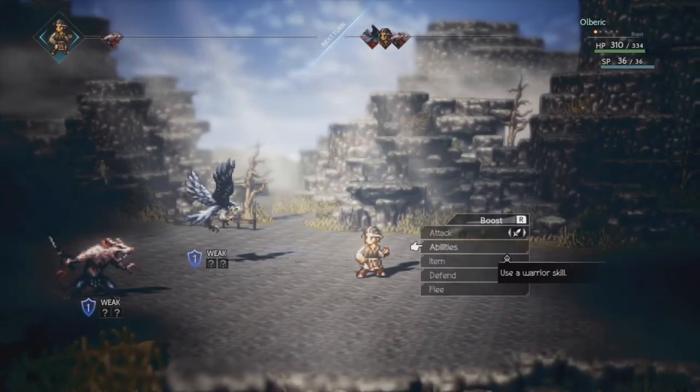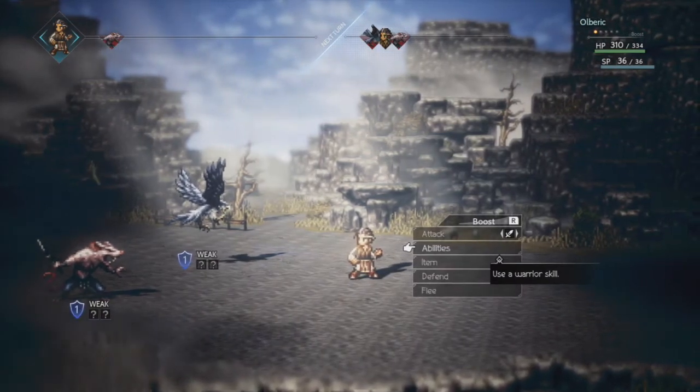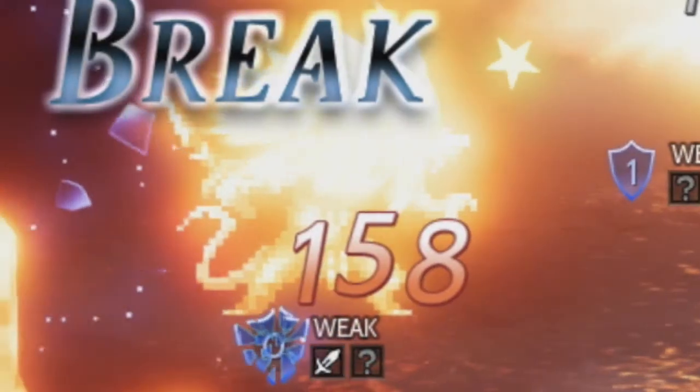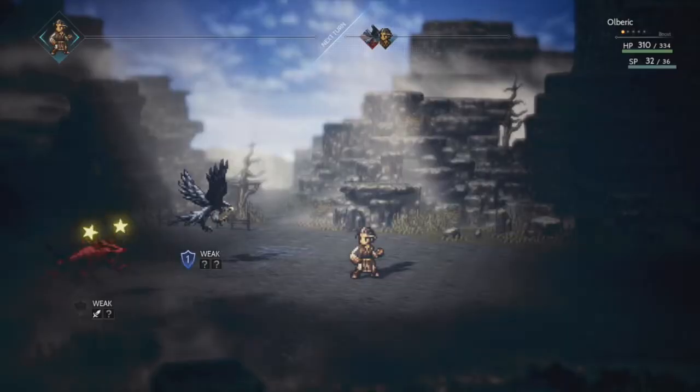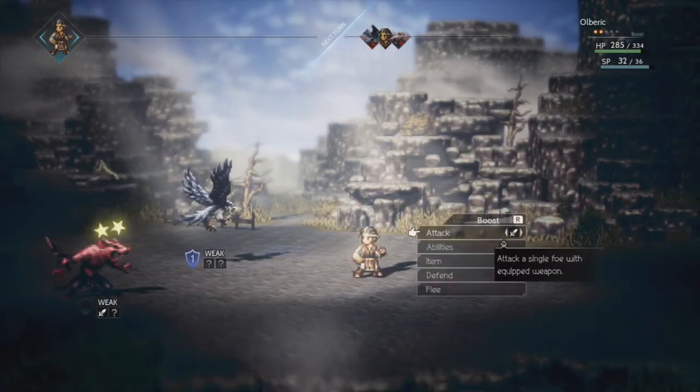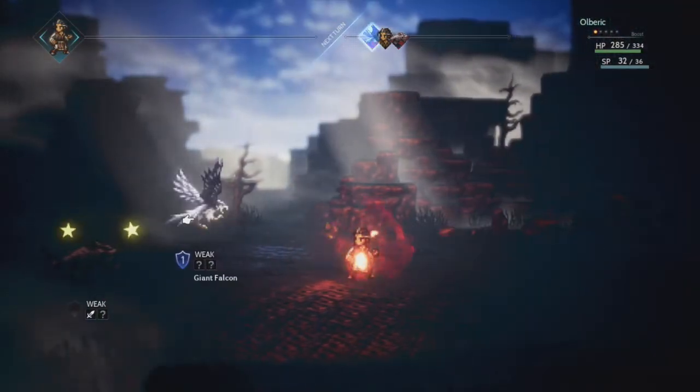Each enemy you face has a number of different known or unknown weaknesses depending on if you've fought that type of enemy before. Their weakness is only revealed once they're attacked by something they're weak to, and this is also where the break system comes in. Not only do weaknesses cause an enemy to take more damage, but they can also be broken down and stunned